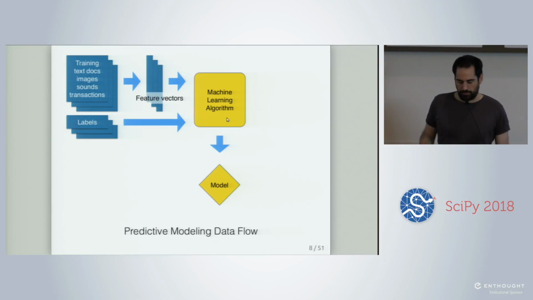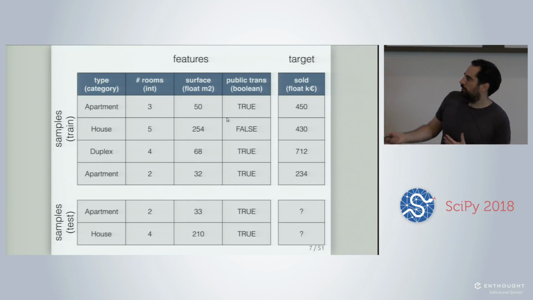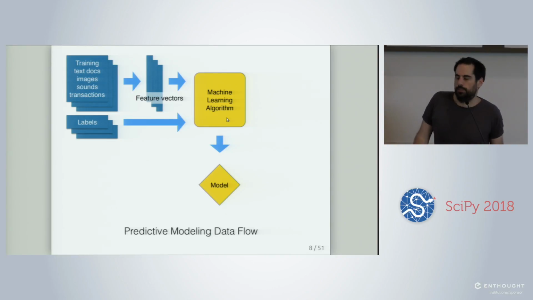Then, if you have new potential customers asking for an estimation of their own properties, you can ask them to describe their properties with the same features that you use to describe the past transactions. And for those new properties, you don't know the price yet because you haven't sold them, so you cannot know the price. But then you can use the statistical model that you trained on the historical data to give an estimate on what would be a good price to sell those houses.